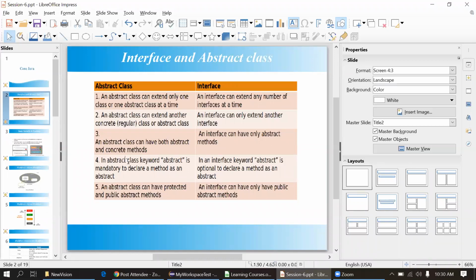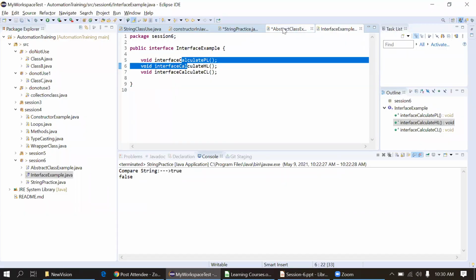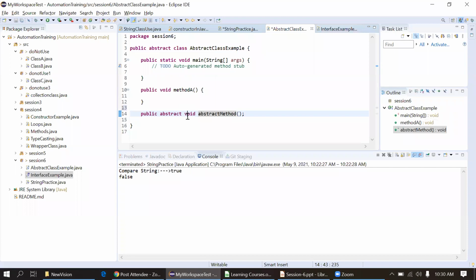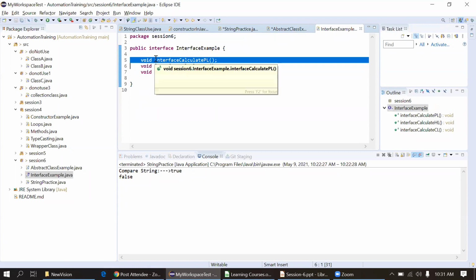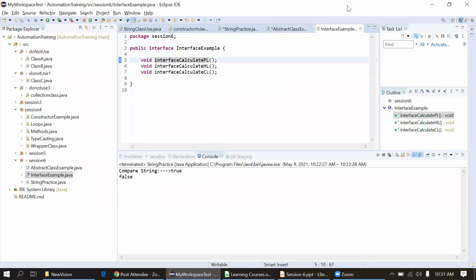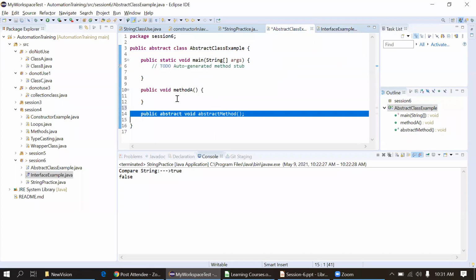In an abstract class, the abstract keyword is mandatory to declare a method as abstract. You can see it here. This method is abstract, line number 14, and in the interface, this method is also abstract. But here we have not mentioned the abstract keyword because that's not mandatory in the interface. By default, it's abstract. But in the abstract class, we have to mention the abstract keyword explicitly. Then only it will be considered an abstract method.